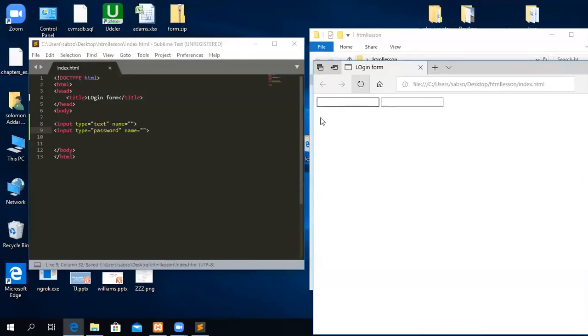You could see that the text fields have been placed side by side. This is because if you bring this text here, the browser may not understand that you want to bring this to the next line. Even if I increase the line, then save it, and then refresh, still the browser might not understand. It doesn't understand white spaces. So this is what we can